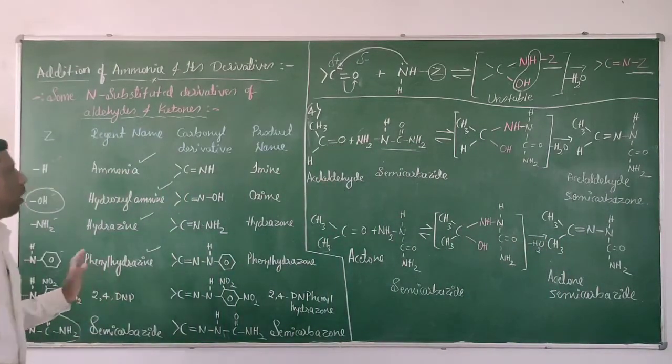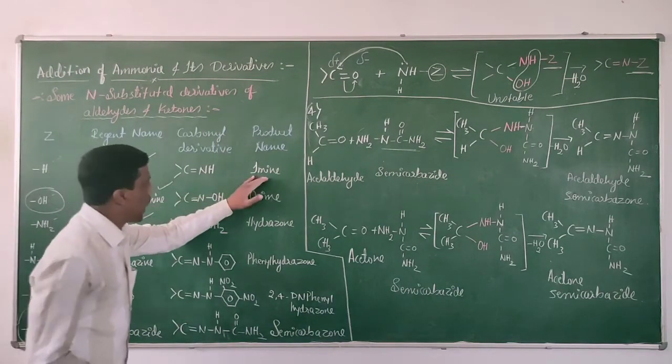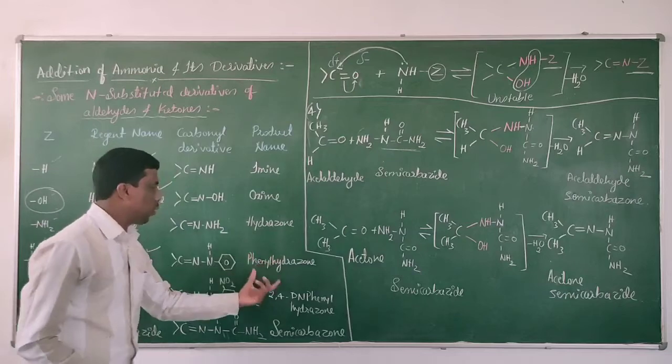How do you convert any aldehyde or ketone into these imine, oxime, corresponding hydrazone, phenyl hydrazone